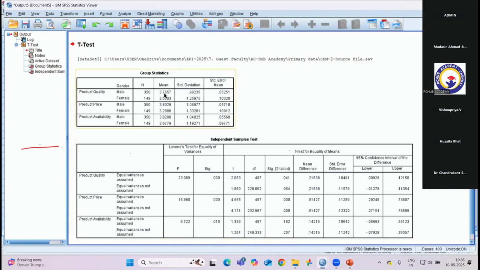If you take the mean score value for product quality, it's 3.7 and 3.5, almost 3.55. It's almost close. And product availability, it's 3.8 and 3.67, which is also about 3.7, which is also so close. But if you take a close look at product price, it's 3.8 and 3.2, which means female says that the